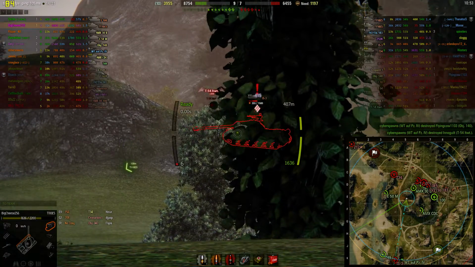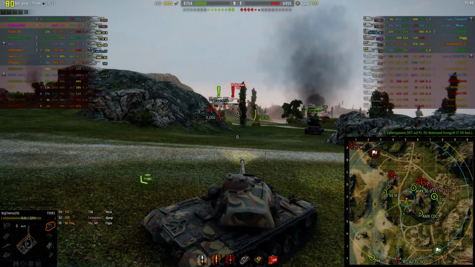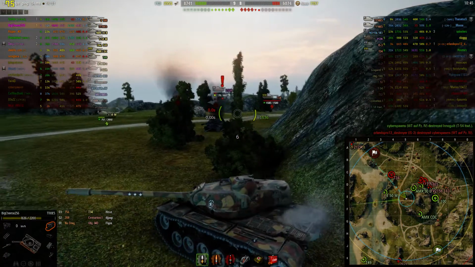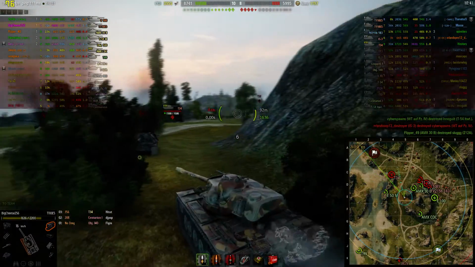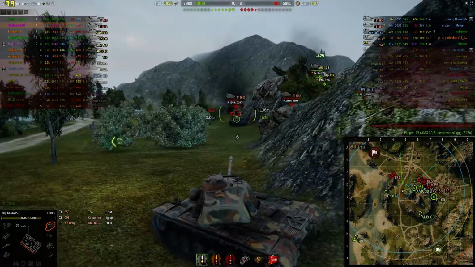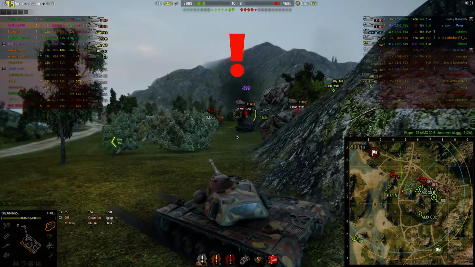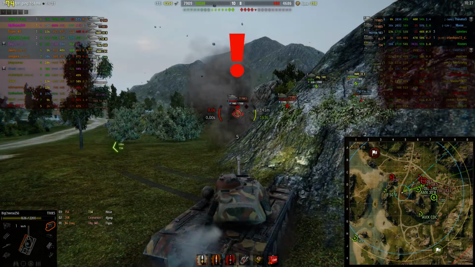The K1 is strong, but enemy armor, you don't push it, especially not like this. And the IS-3 cleans out the base, and I know that he's not going to. He's only one shot kill. He's a tier 8 heavy. Enemy is hit. And no one's going to spot him now, so there's no point in staying around and waiting for the IS-3